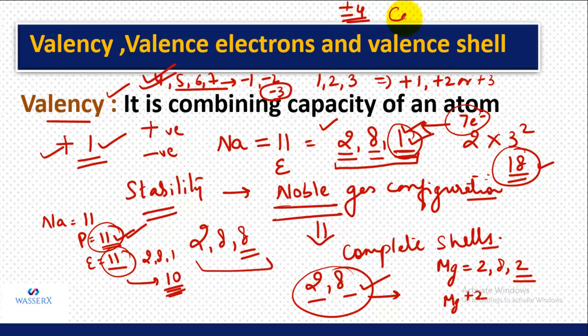If I talk about carbon, it has valence electrons 4. So its valency can be written as plus minus 4. It can prefer losing, it can prefer gaining, or when we study bonding, you'll see that it prefers sharing, right? So this is how you are going to write the valency. And if the valence electron is 8, that means the shell is complete. So in that case, the valency is going to be 0.